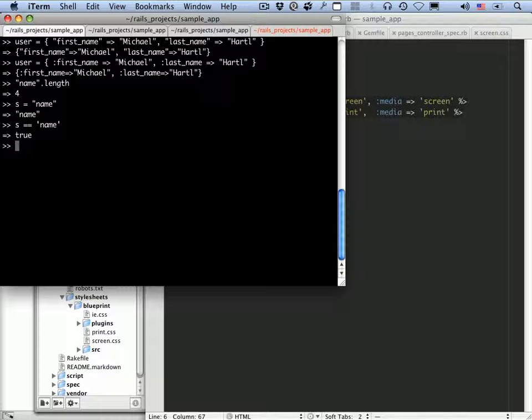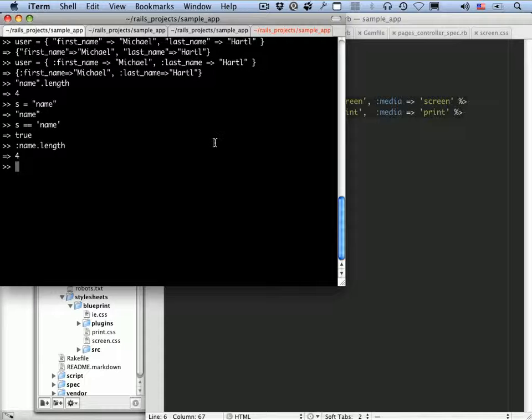So the way this comparison is being done is by comparing each character of the string. It's saying, for each character in s, is it equal to each character in name? In other words, is the first character n, the second one a. To find out if these two things are equal, you actually have to go through each character in the string, whereas something like :name is not a string, and if you were, say, to call length on it,